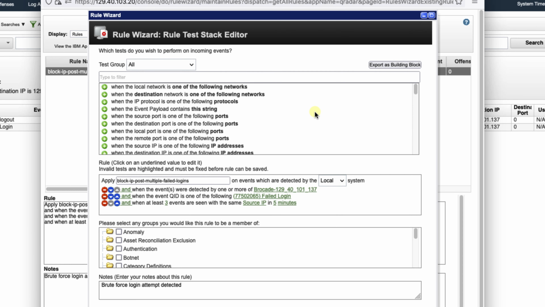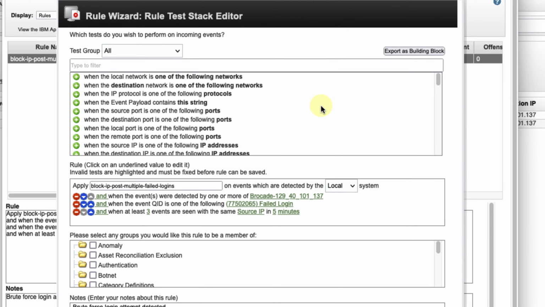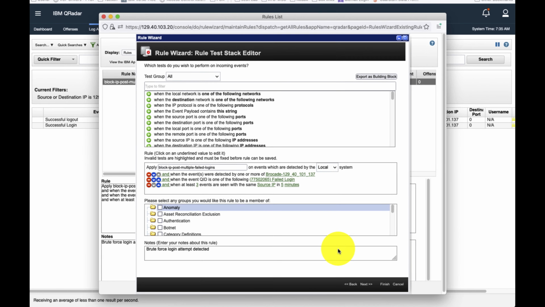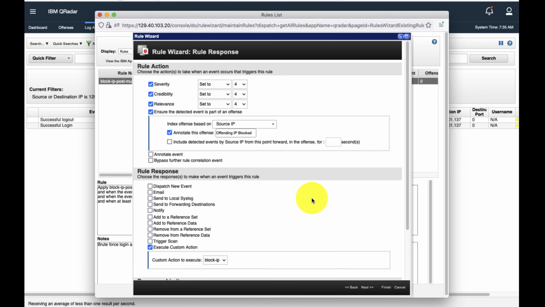And as you can see, for this particular switch, look at the middle section here with the red dashes. If all of a sudden we notice failed logins, and a bunch of them in 5 minutes or less, and again, you can change any of these variables you want, then it's actually going to start doing something. Now, QRadar is so flexible that there's so many what-ifs that you can start doing here. That's what you see the plus signs up above, as well as any other groups that you want to do things. So you can start a chain reaction of a whole bunch of other downstream events once something is notified.